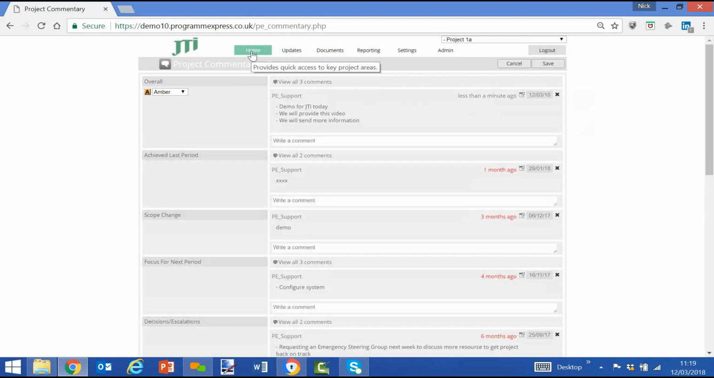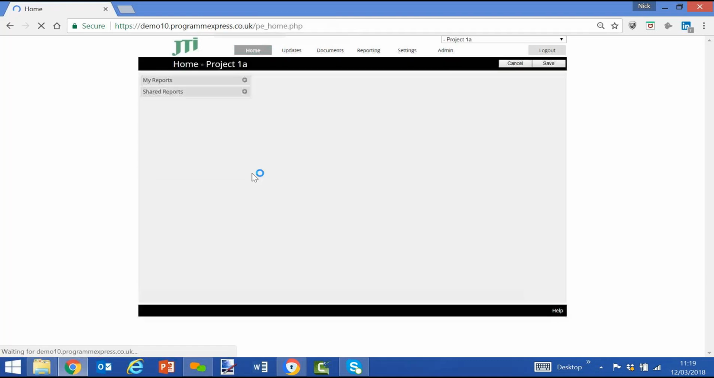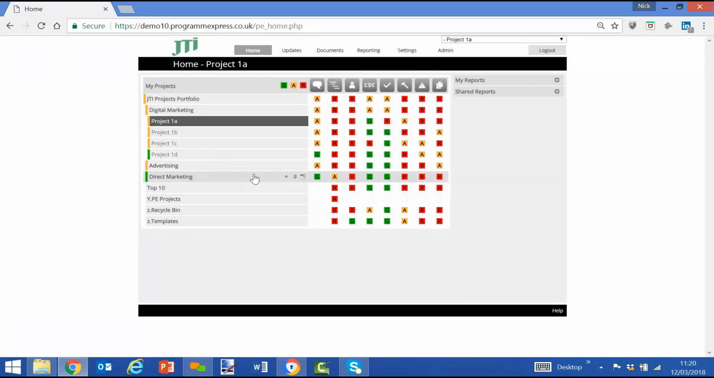Now, the whole idea of ProgrammExpress is that once they've made an update to the project, they can then go to the plan. They've made a commentary update, and then we can see some very high-level planning activity, and you'll see that this is a fairly old plan, and actually the project should have been completed at the end of November and hasn't, and hence the implementation phase for this project is red. Now, when people have made updates, I'll leave it there for now in terms of very simple updates, and I'll show